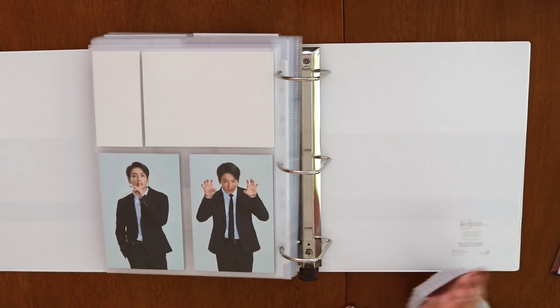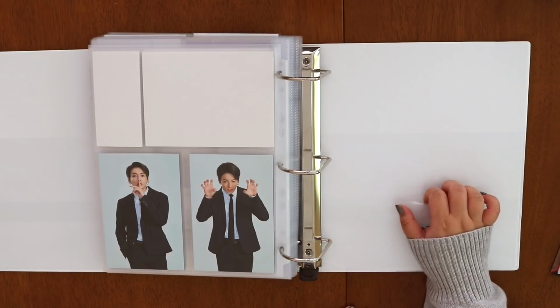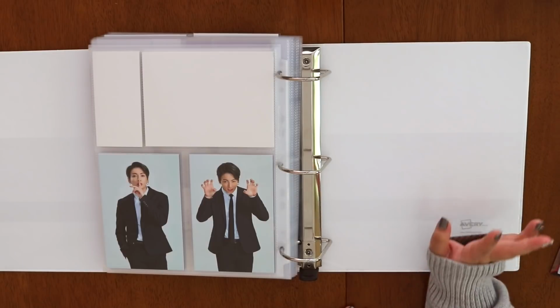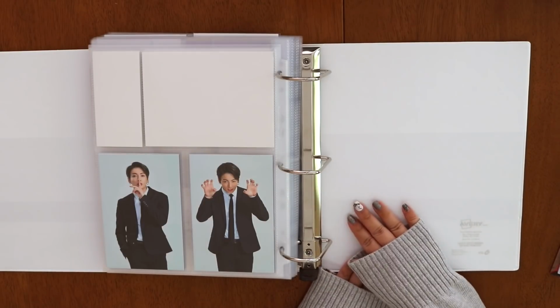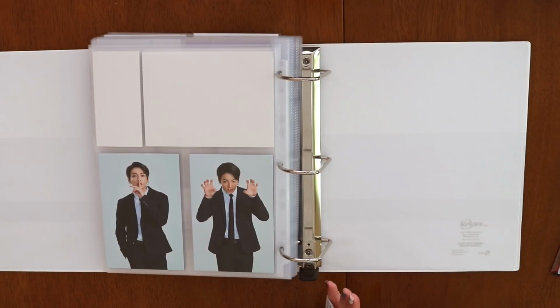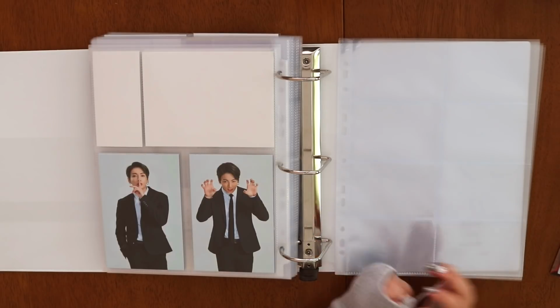Anyway, I impulse bought 4 albums in Korea. I told myself I was not going to join a go or anything like that. And then the Korean supplier that I went through to get my essential albums, I didn't message her earlier because I didn't think she was giving the option to not get the albums. She said she was literally in line to go into the store,